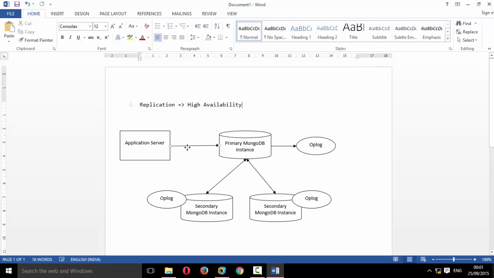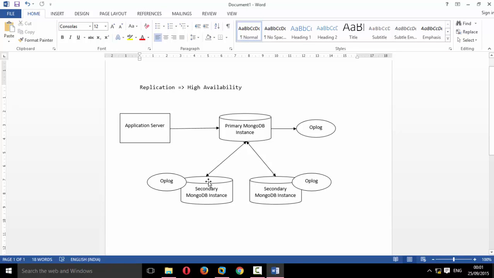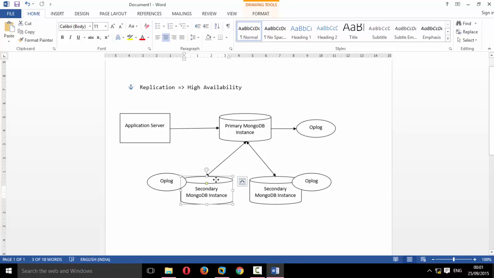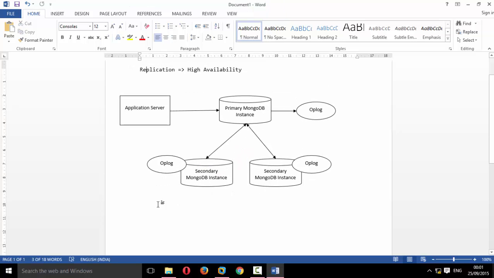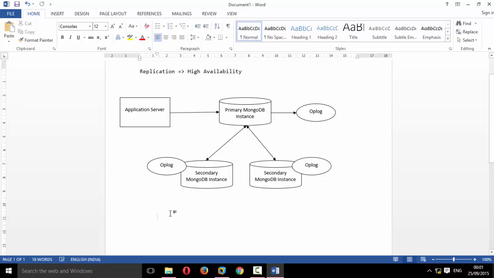Now let's see where the read operations are going. Based on some configurations, you can make your secondaries available for read operations. So let's have a look at the features and configurations of the secondaries. First thing, there can be a maximum of 11 secondaries